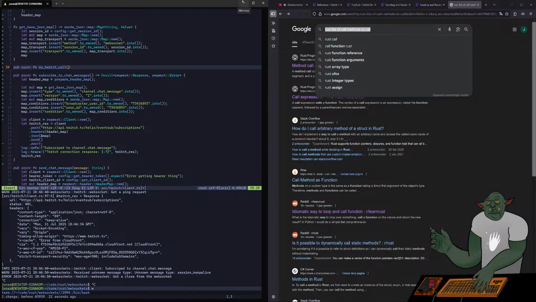Yeah, and you can just pass the map as mutable. Sorry, not as mutable. You can just pass the map and the URL you want to approach as parameters. It's not property, it's parameters. There we go. Do Twitch call. So what we probably want is the